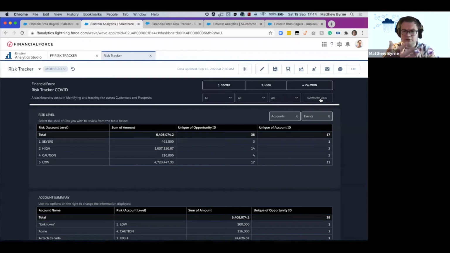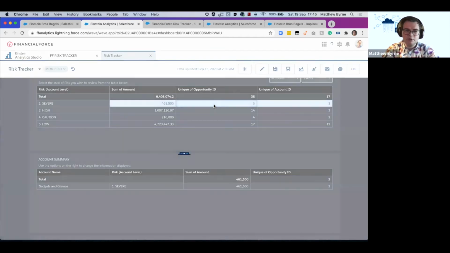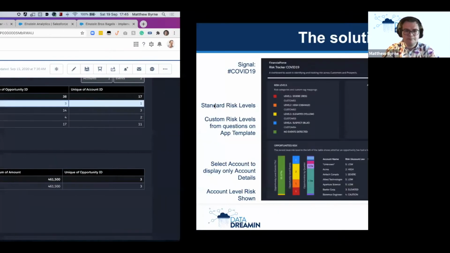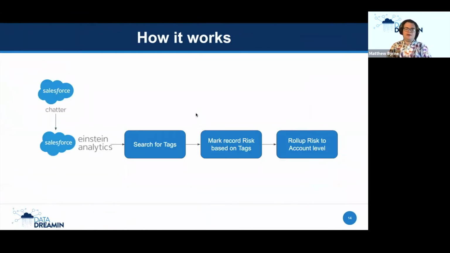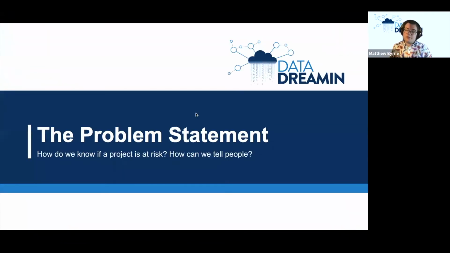Sometimes people just want to see raw data. And no matter how lovely the visualization is, I tend to get comments of, great, how can I get a table of this data and just have a look at the raw data? So we actually provide a view to switch between them, which is, of course, facetable between the different items as well. Now, that's one area, and I've shown the tags. That's one area that we've used Einstein to manage risk.